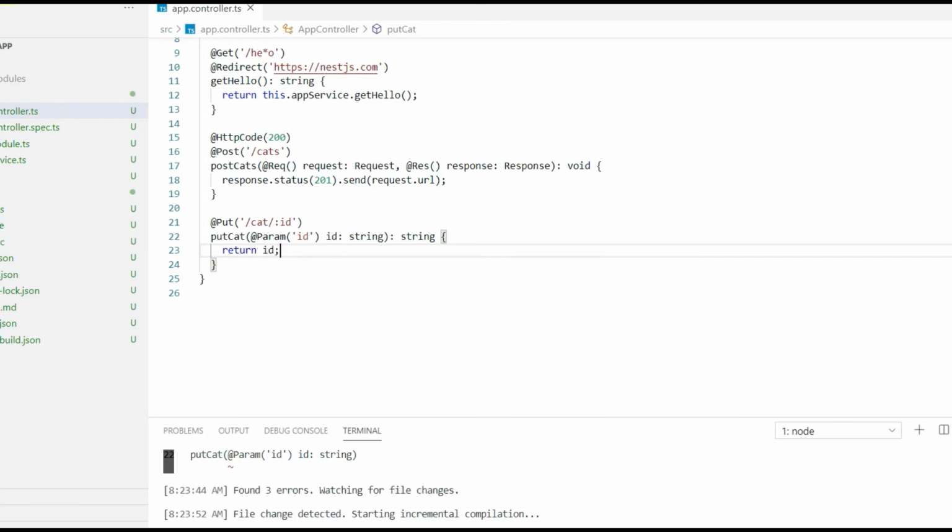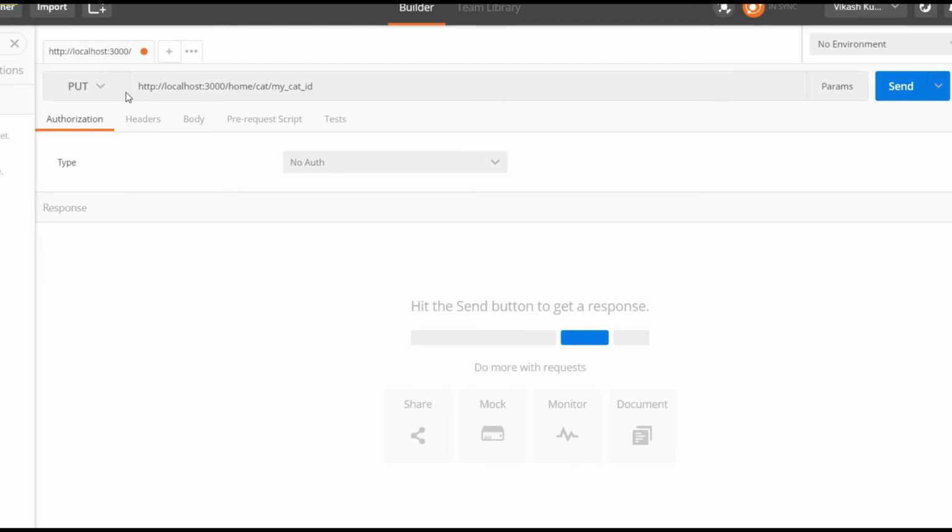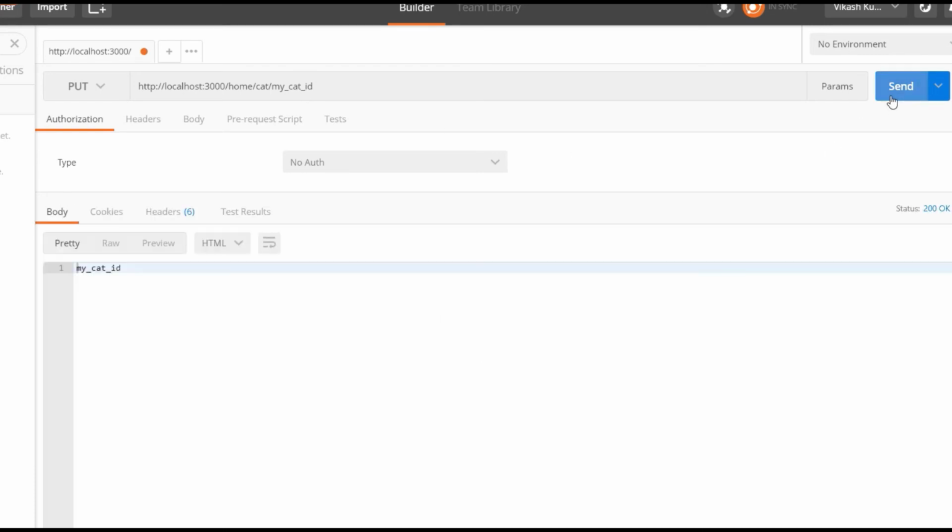Let's verify this. So I've created a put request and specified the id as my cat id. Yeah, I'm getting my cat id.